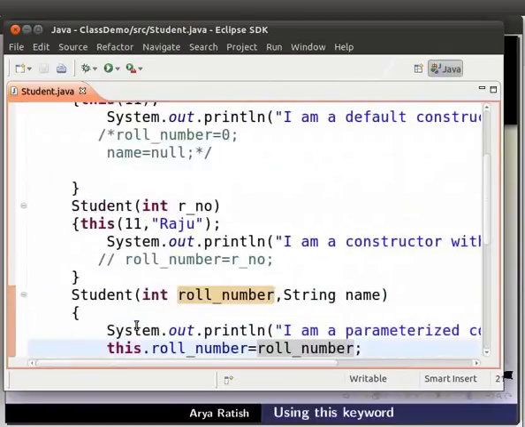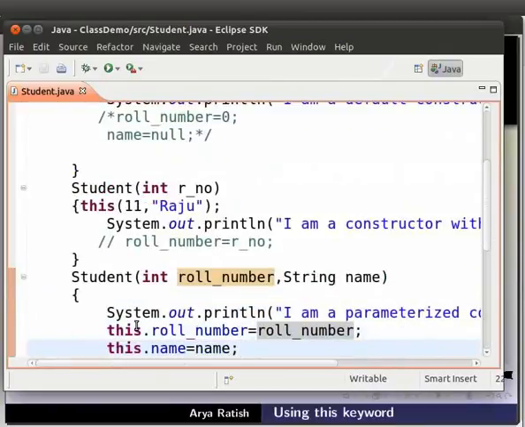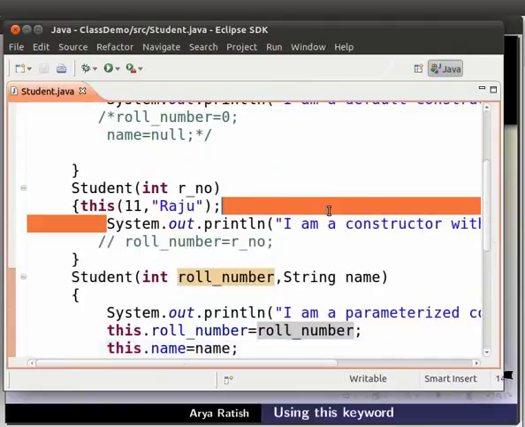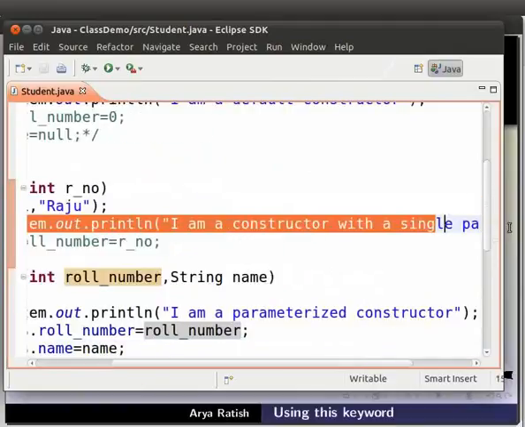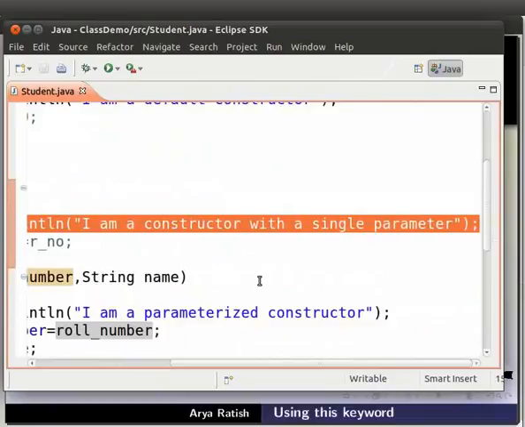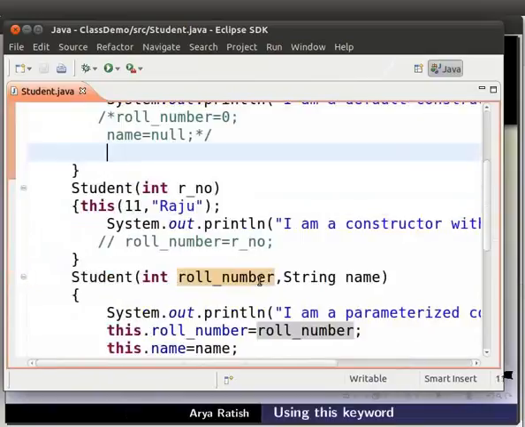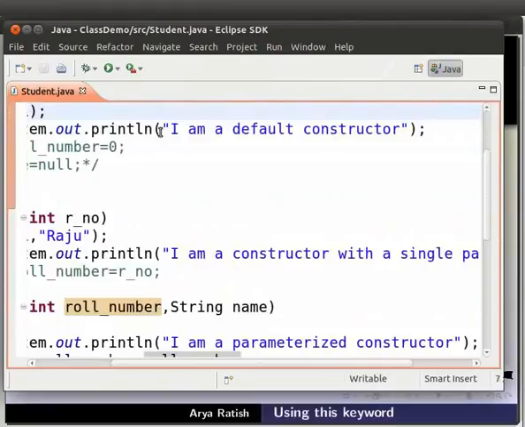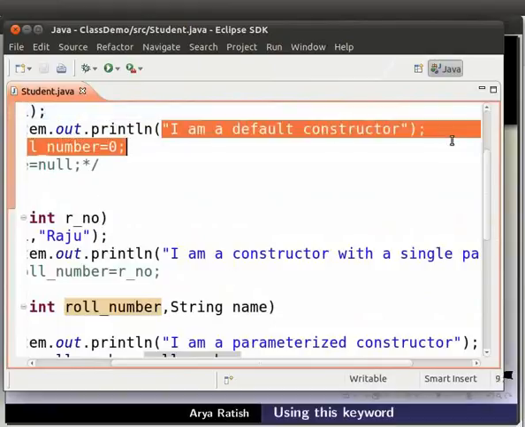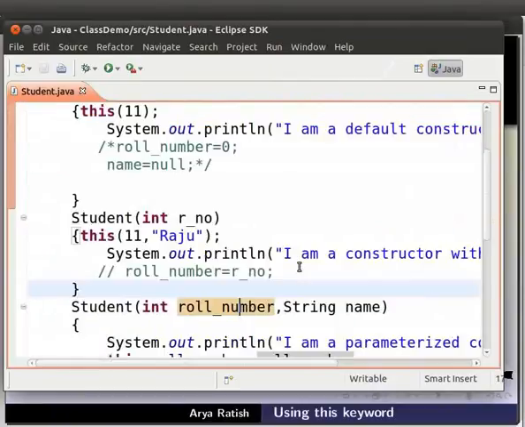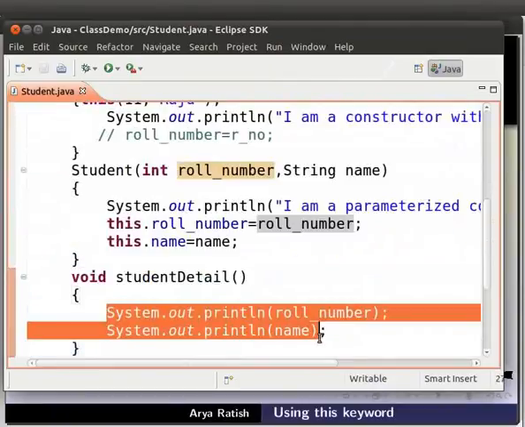Now the control goes back to the calling constructor. So the second constructor gets executed. We get the output as I am a constructor with single parameter. Then the control goes to the first constructor and executes it. So we get the output as I am a default constructor. Then student detail method is executed. So we get 11 and Raju.